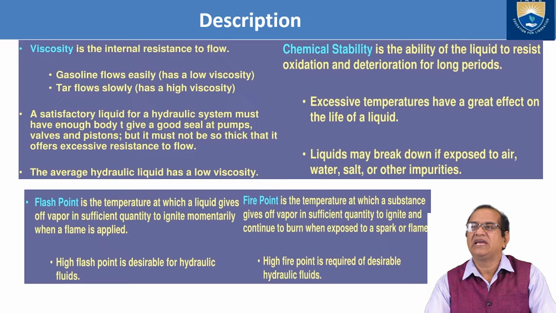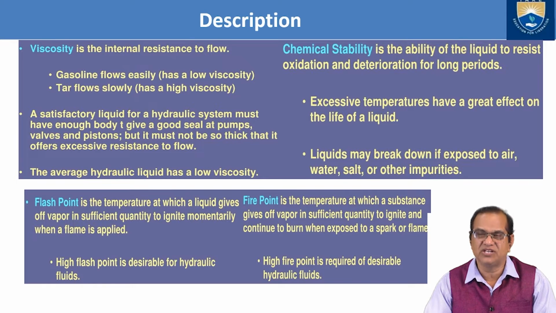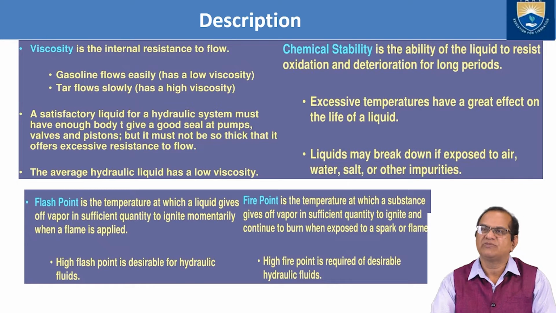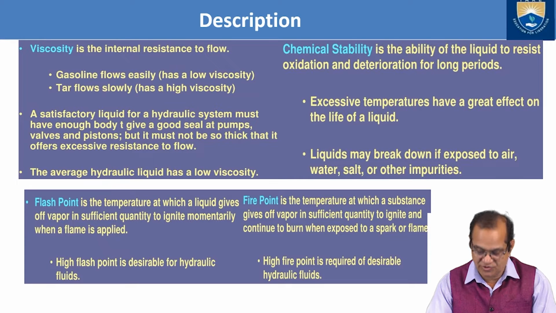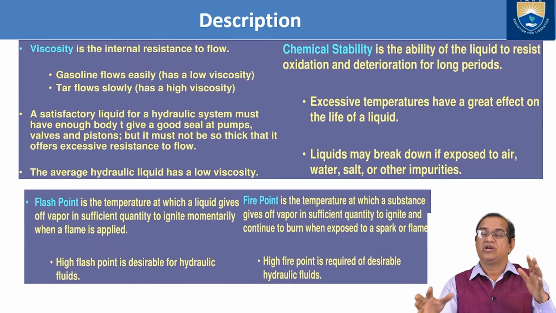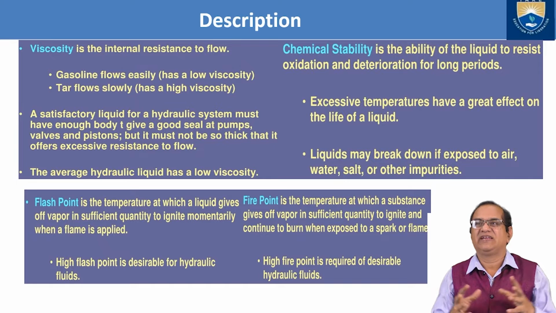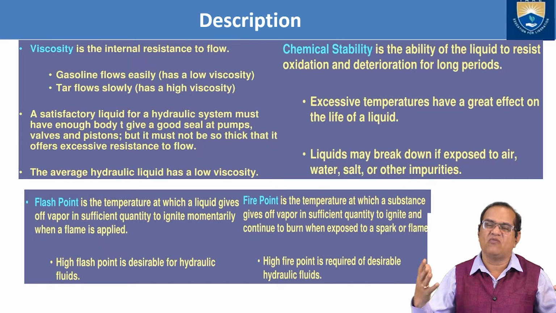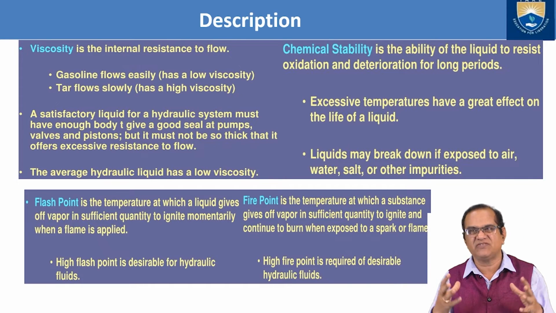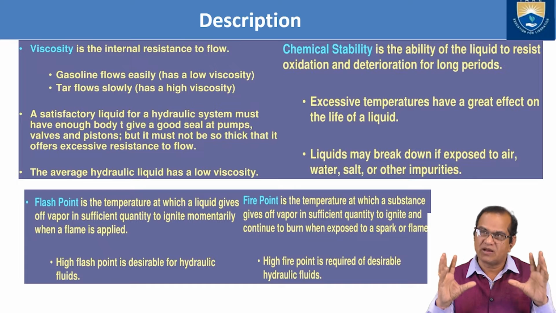Excessive temperature has a great effect on the life of the liquid. So even in high temperature, it should maintain its chemical stability. Liquids may break down if exposed to air, water, salt or other impurities. So it should be able to sustain exposure to air, water, salt or other impurities, and even if they are mixed in, its composition should not